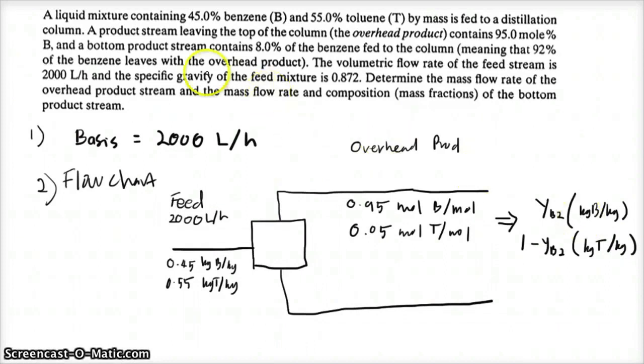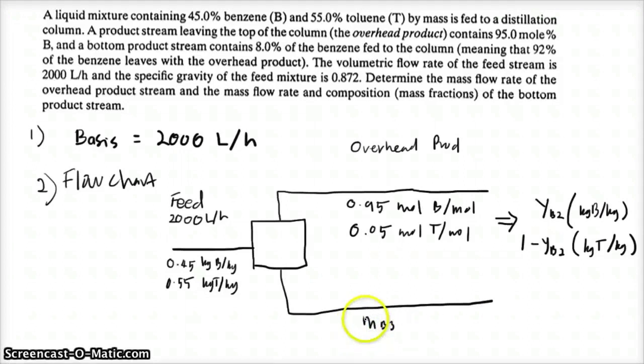And then what else? It says a bottom product stream contains 8% of benzene feed to the column, meaning that 92% of the benzene leaves with the overhead product. So how should we write it here? We just follow the book. It says